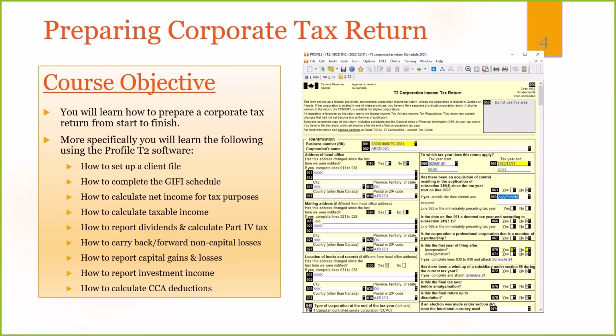We'll talk about how to carry forward losses, how to carry back losses, different types of losses, capital, non-capital losses, and what are the rules around it. We'll talk about the capital gains. How do you report capital gains and capital losses? What schedules are applicable? Again, what schedules are applicable for all the topics we'll be covering